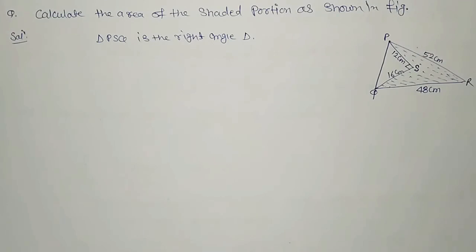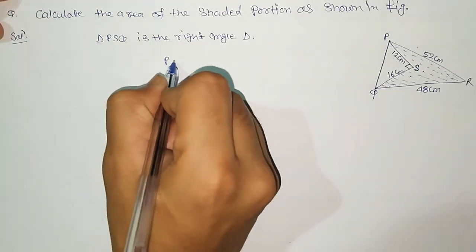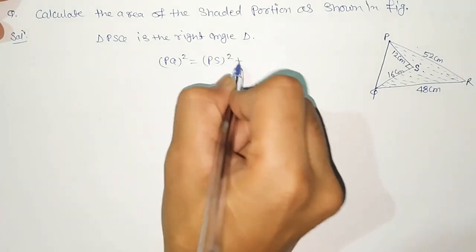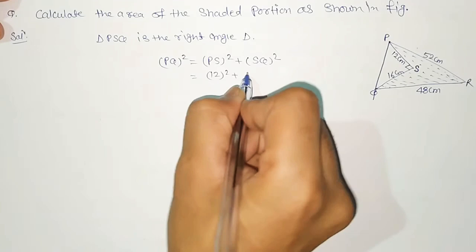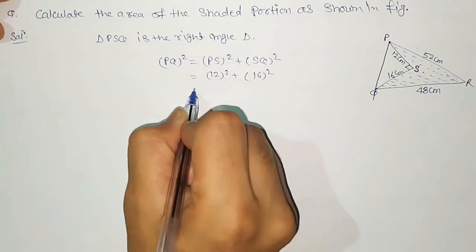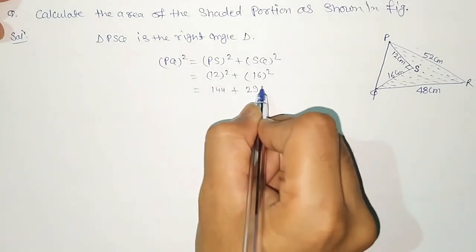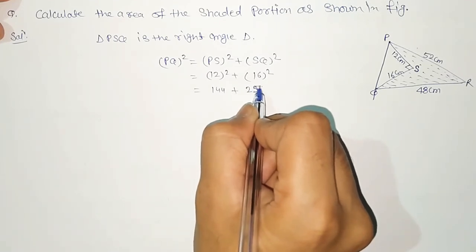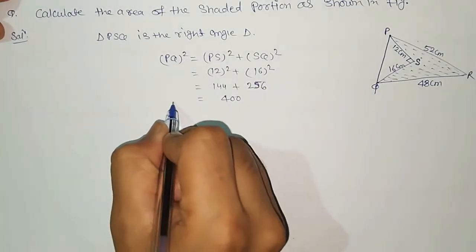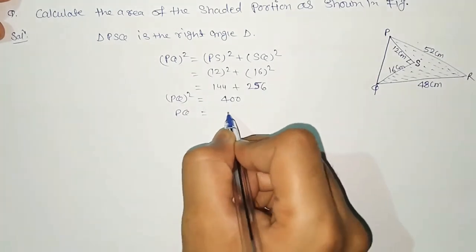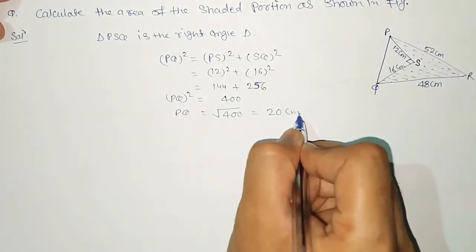ठीक है, तो इसके बाद में हमारे पास में PQ जो लेंथ है वो नॉन नहीं है, हम नहीं जानते उसके बारे में PQ लेंथ क्या है। तो हम सबसे पहले PQ लेंथ को निकालने के लिए PQ को सॉल्व करते हैं। तो PQ निकालने के लिए हमें पता है पाइथागोरस थ्योरम, here PQ is the hypotenuse, so PQ square equals PS square plus SQ square, and PS equal to 12 centimeter plus QS equal to 16 centimeter, then 144 plus 256, and the sum of these values is 400, then PQ square and PQ equal to root of 400 equal to 20 सेंटीमीटर।